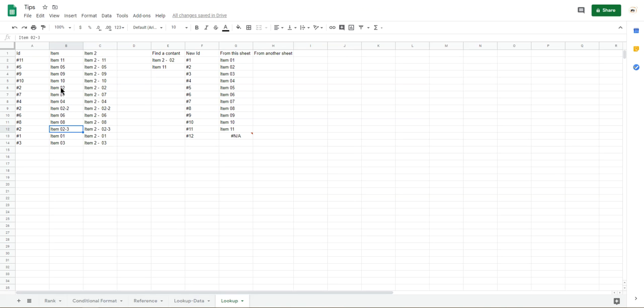It's the first appearance, the number 2 is here. Finally, the number 12. Number 12 does not appear in the column, so the number is